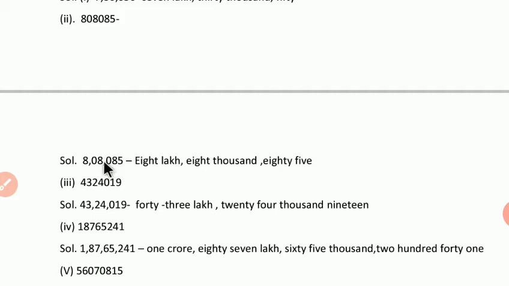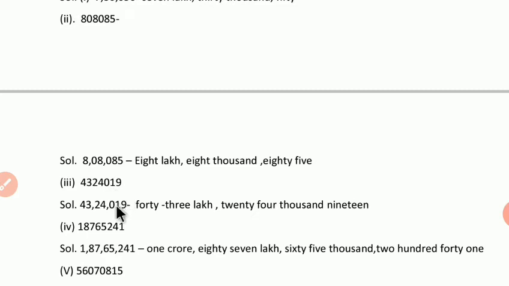So 1, 2, 3, again 1, 2, then 1. So we will see its places: ones, tens, 100, 1000, 10,000, lakh. It means 8 lakh 8,085. Then third one,